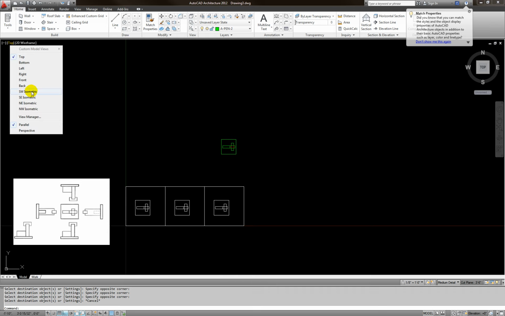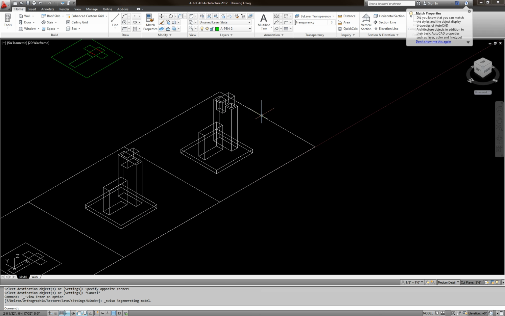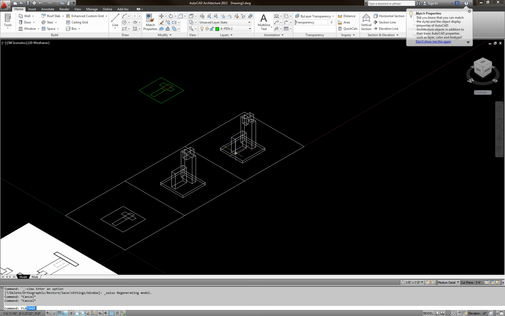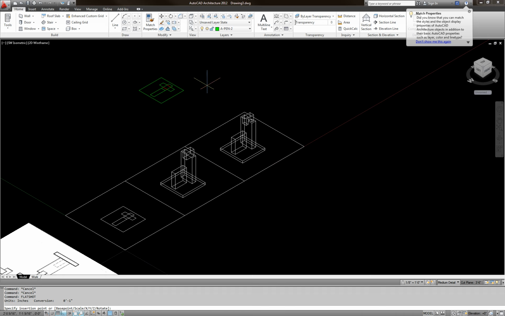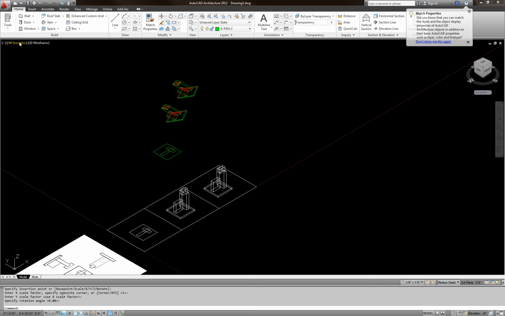Now let's go to isometric southwest. Now do another flat shot, zoom in here, do FLA flat shot. By default everything should be set to whatever we did before. Just press create, press anywhere on the screen. I would like to keep it close to this object. Click here, press enter 3 times. Then go to the top view,